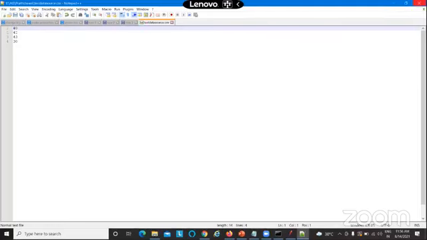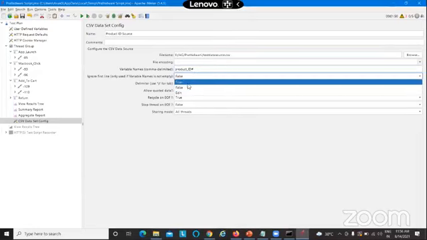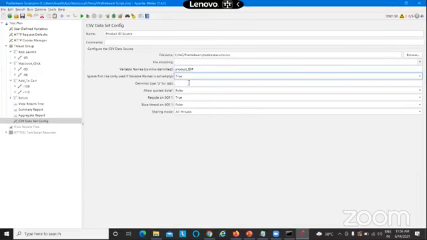So if you have a header line there, you can keep it as true so that JMeter will avoid that header line and it will only take from the second line. So here I'm giving it as false, and Allow quoted data, I don't want that. Recycle at the end of the value.